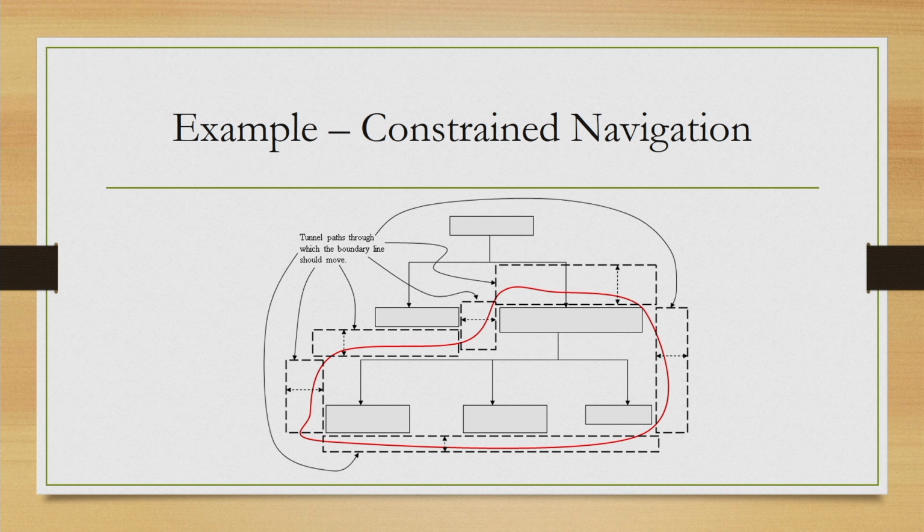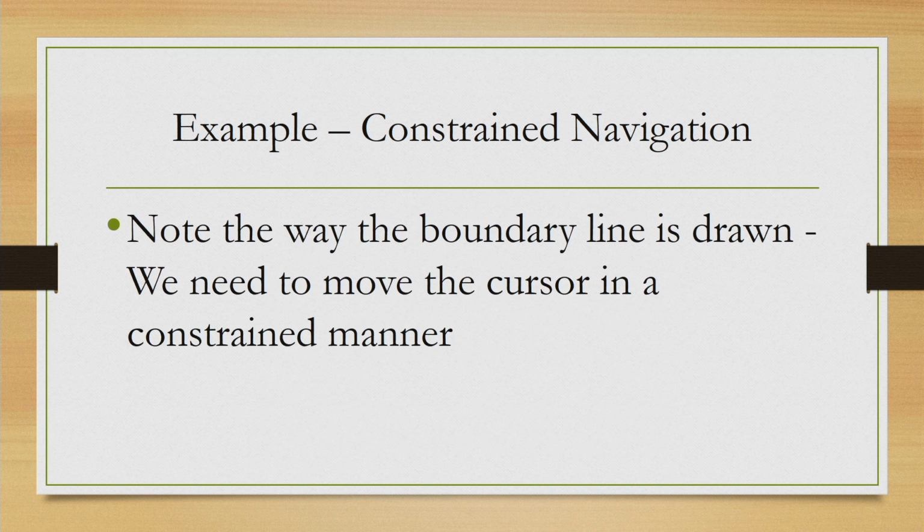So, when we have put this boundary line, how have we drawn this? Or typically when you are asked to put a circle around a word or a circle around a group of words that we have just done before, how is it done? So, essentially we need to move the cursor in a constrained manner. That means, we are not doing this in a free flowing way. So, we need to take care of many things before we actually put the line.